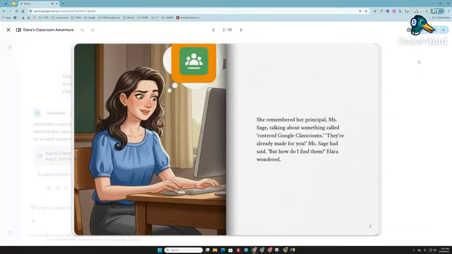But how do I find them? Elara wondered. I'll pause it then. Thank you for saying that too, Amanda. It would have just gone on forever. But it can be read aloud, or you could read it yourself and just flip through the book and show